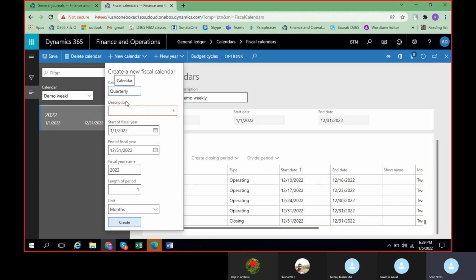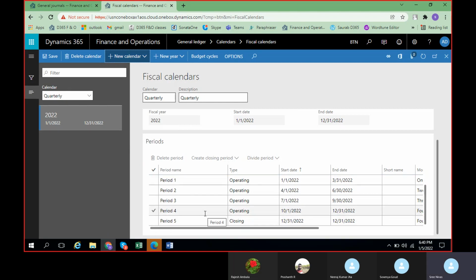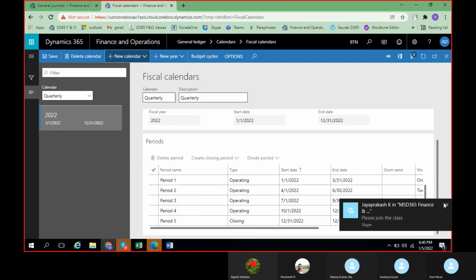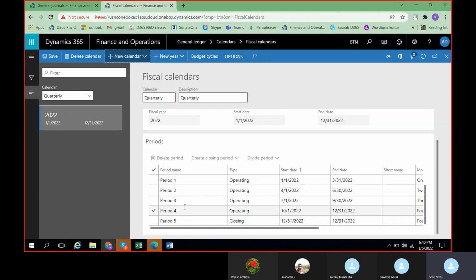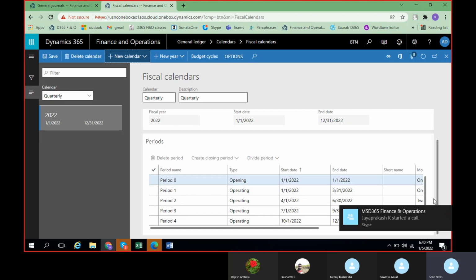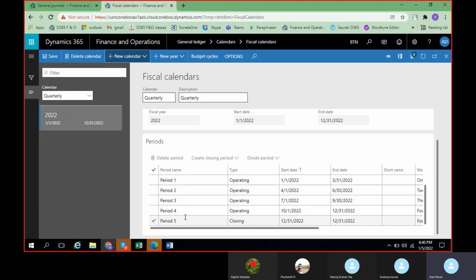So we will create just one more calendar for quarterly. Let us give quarterly, it's like 3 months. So if you create a quarterly, then 4 quarters have been created: 1, 2, 3, 4, and period 0 and period 5.